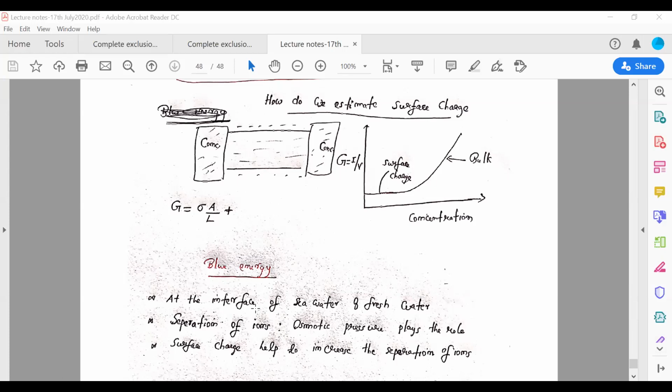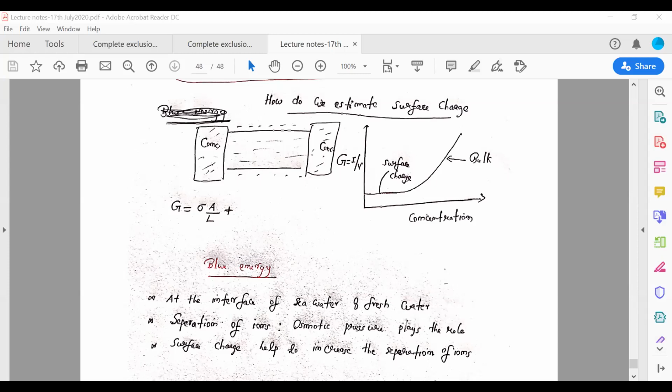When you say blue, maybe you naturally think about oceans. It has been observed that when seawater and fresh water are mixed at this interface, there is a generation of osmotic pressure. Seawater has salt and less water, and the fresh water has more water but no ions. So we know that there is a pressure. This pressure is actually a green energy source, because there are no reactions, nothing.